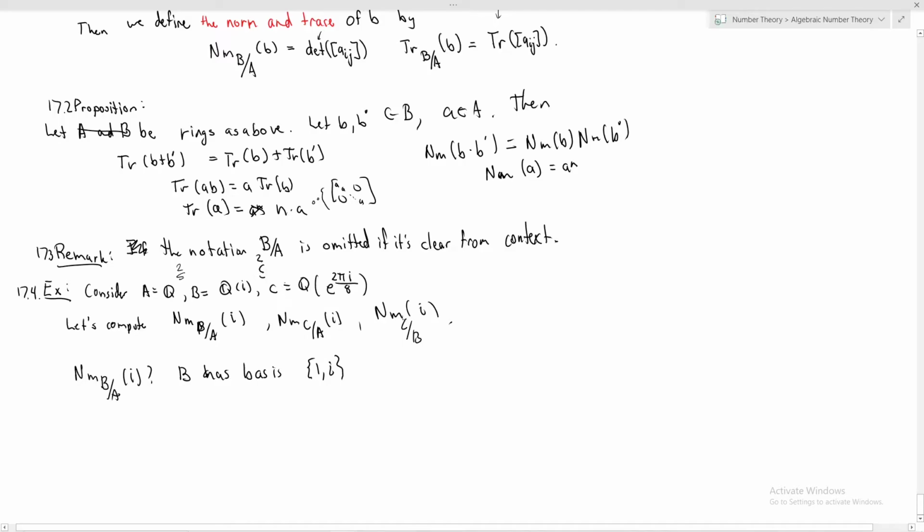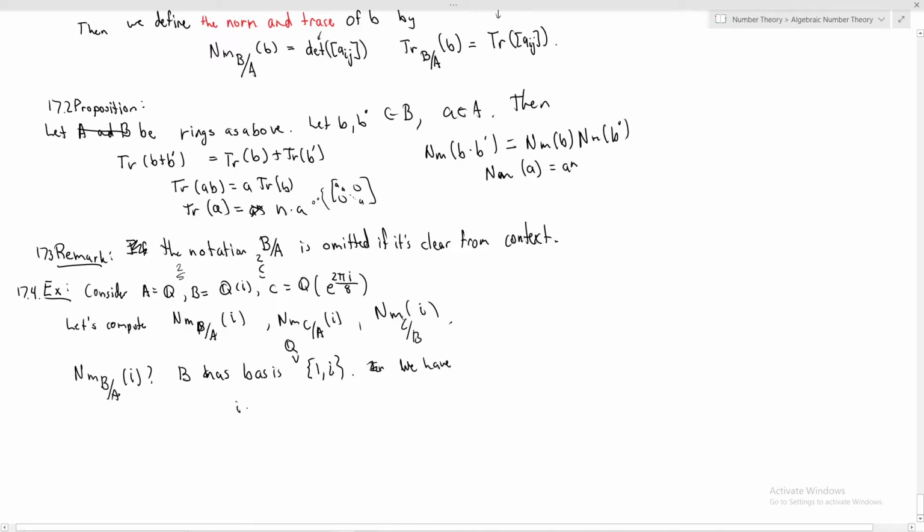Just making sure I'm not making any mistakes here. Yeah, I think this extension here should still be of degree 2, because I think the whole thing is of degree 4. Okay, so B has a basis. This guy has, I guess, a Q basis. I should be specific because we've got a lot of rings floating around. In this basis, okay, we have,